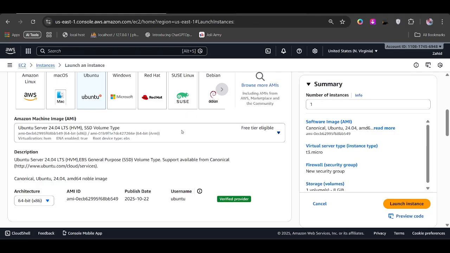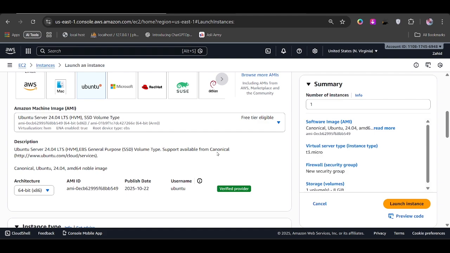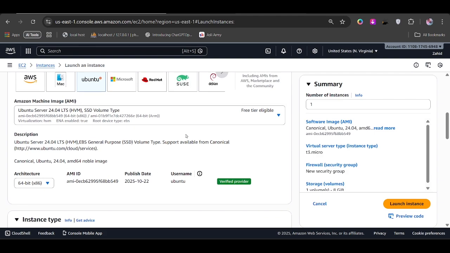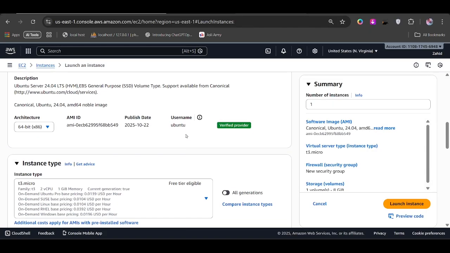Basically it is saying that all the volumes will be overwritten by this. Then what you have to do is